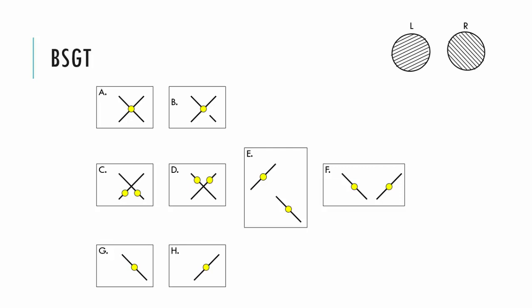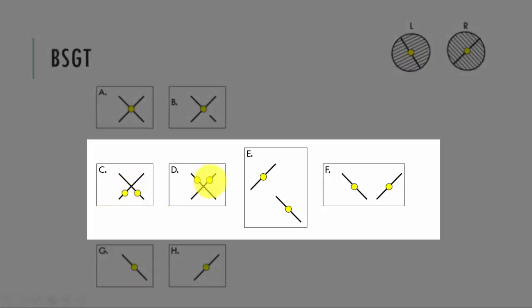But the older the child, and certainly adults, are able to look more acutely at what they're seeing and able to identify if there is central suppression. Now, if a patient has diplopia, they will see two lights. And these are the sorts of responses, C, D, E and F, are examples of